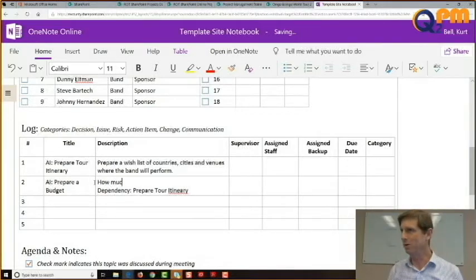So there's 2 ways to do the budget, right? The band could just tell us, okay, we've got $10 million to spend. Find a way, what can we do for 10 million? Versus the band could say, we want the 10 countries, we want the 25 venues, how much is it going to cost, right? So we have to determine what kind of